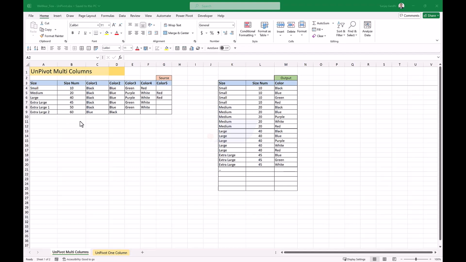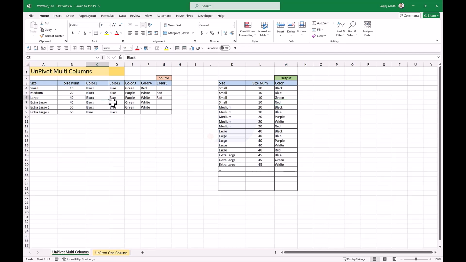In this Excel sheet I've got some data which is displayed like this. For small and size 10, for example, I've got these colors available there. I want to unpivot this data and get something like this as my output. All small records to appear with number 10 as a repeat, and in front of that, these colors should appear vertically down. That is why we need to unpivot the data: to bring horizontal records to vertical, repeating the initial columns, 1